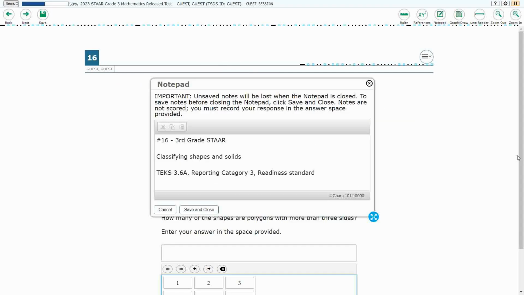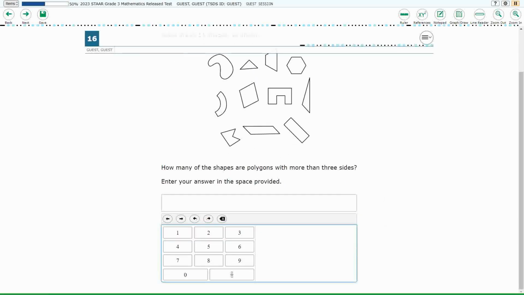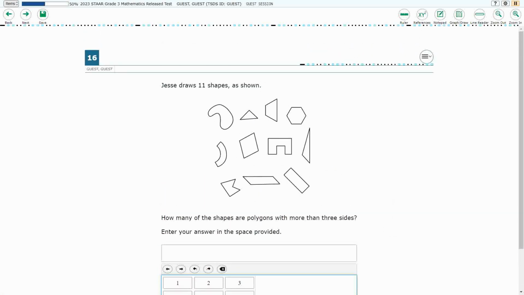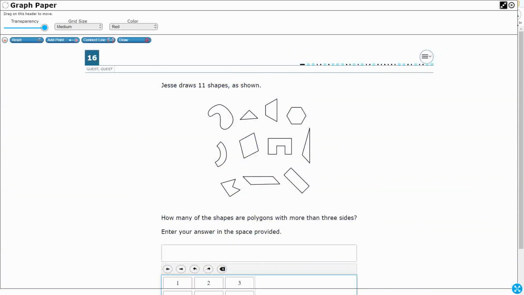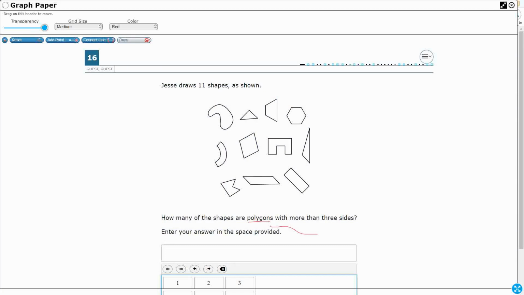For number 16, we are classifying shapes and solids. This is TEKS 3.6a, a readiness standard in reporting category 3. You notice we have an equation editor here, so we just need to type in our answer. So we have 11 shapes shown, and we need to find how many of them are polygons with more than 3 sides. So, polygon, we need to know those are shapes that have straight sides, and also shapes that